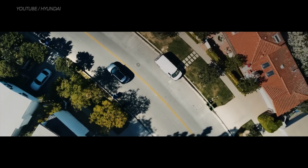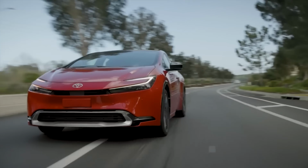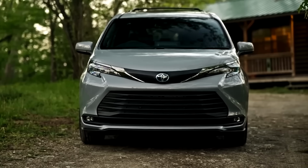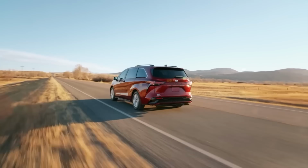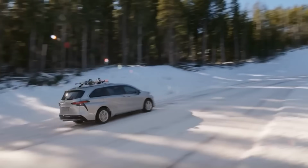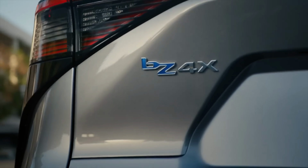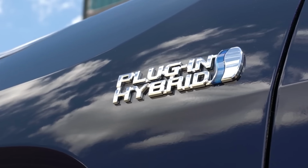Consumer interest in standard hybrids like the all-new Prius is high, and it's continuing to grow. Same with the Sienna hybrid minivan. Some consumers are willing to wait 9 to even 12 months for it. Quick side note though, this doesn't mean that Toyota has closed its doors to EVs completely. Think vehicles like the BZ4X, which is a full battery electric crossover, and the RAV4 Prime, which is a plug-in